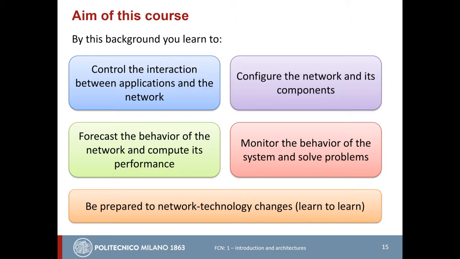So it's very important to be able to control the interaction between applications and the network, configure network components, forecast the behavior of the network in order to compute the performance, monitor the system, but above all, be prepared for